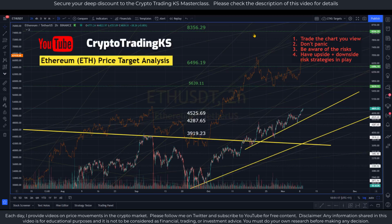Turning to Ethereum's price targets, we see underpinning price targets at 45.25, 42.87 and 39.19. Higher price targets are 56.39, 64.96 and 83.56. I teach you how to draw in these target lines in the Crypto Trading KS Masterclass, which also gives